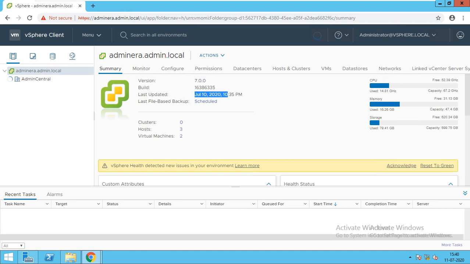What is the FDM agent? FDM is the Fault Domain Manager. It is used to check whether your ESXi is working fine or not.